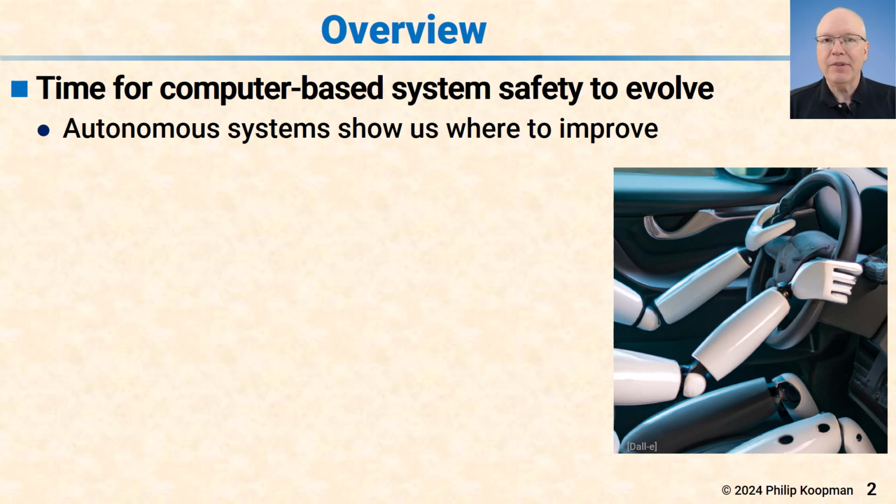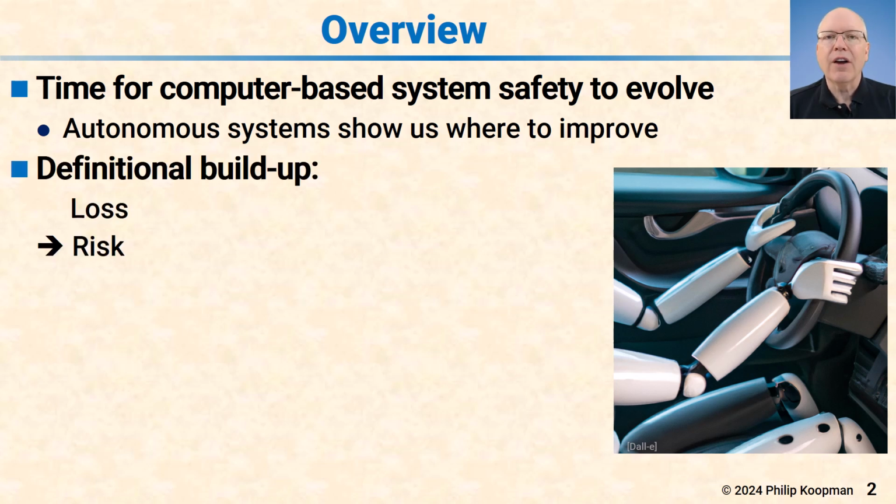some terminology update is required that goes beyond just redefining terms, but reframes how we think about safety for these types of systems. And the events and incidents we've seen with autonomous systems, in particular robotaxis in the last couple of years, really show us where we need to improve if we want to have more robust, more encompassing definitions